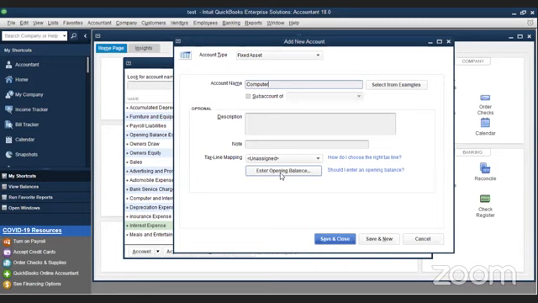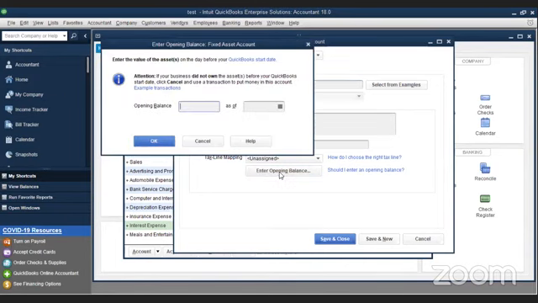So I'm going to click enter opening balance, and I'm going to put a value of, we'll say, 100,000. And the next point is as of. The as of date is where the company is starting the work.